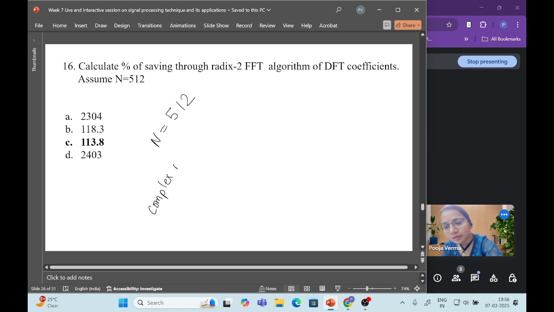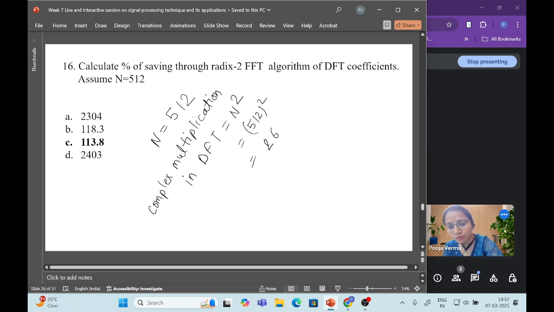Complex multiplications in DFT is equal to N squared, right? So that means 512 squared. If you do the calculation, you will get 262,144. Okay. And the number of complex multiplications using FFT